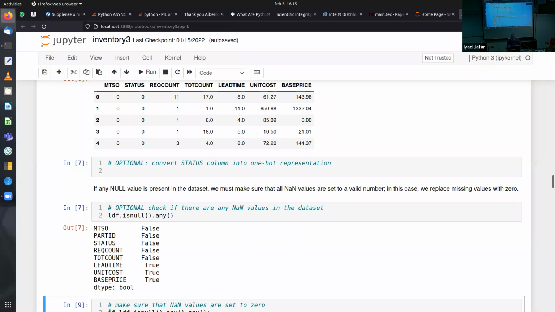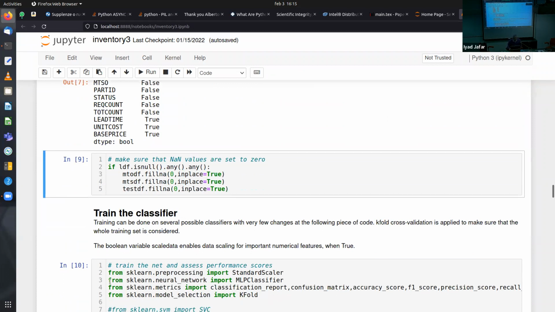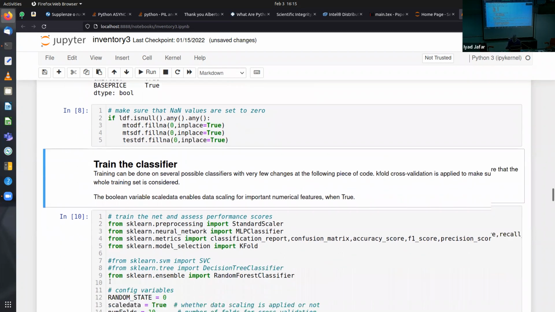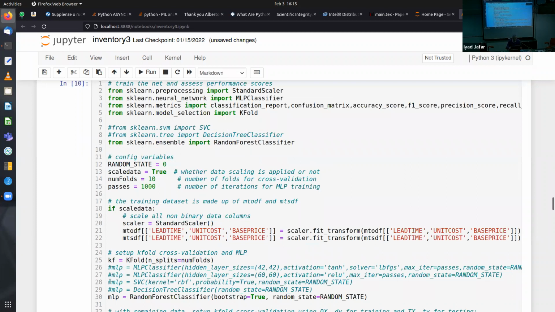So given that we do not know what the correct value is, we replace that with 0. Everything is replaced with 0. If it is null, it's replaced with 0. And now it's time for training the classifier. Okay, here we have